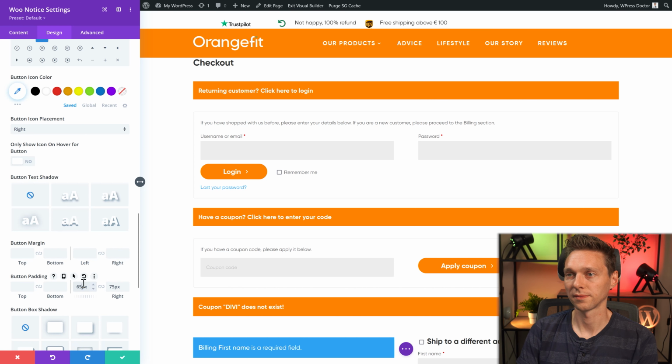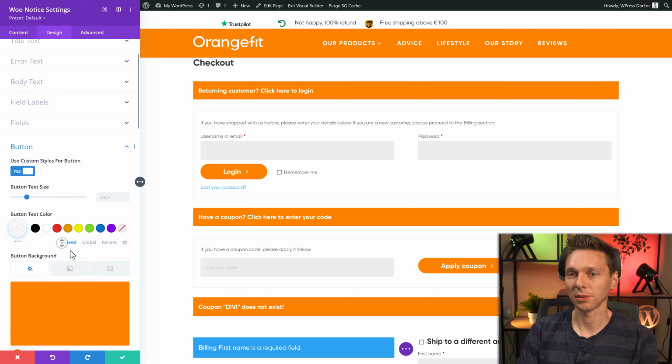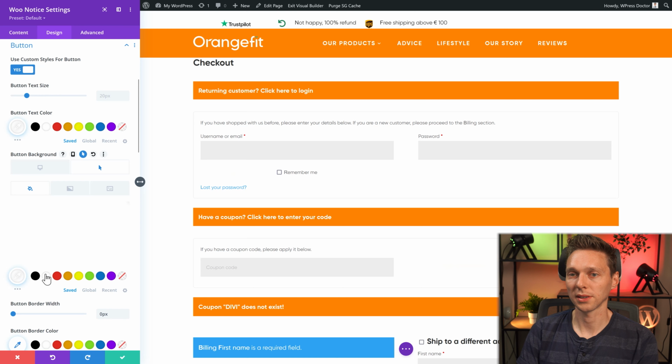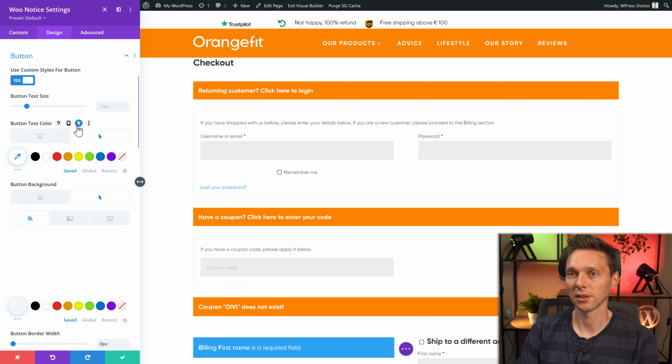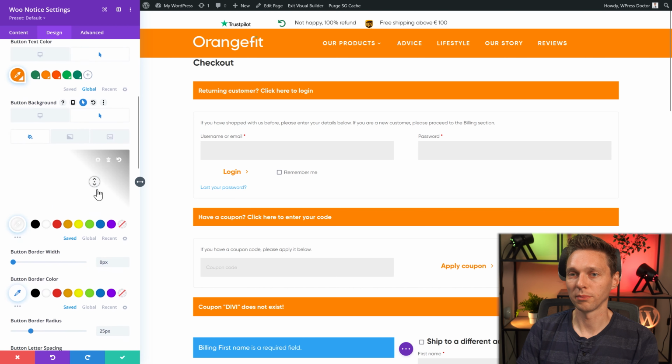Then we're gonna change the padding, 75 over there and 65 over here. And let's change something with the hover. So when you hover over this one, I want the background color to be white, and the button text color on hover should actually be our orange. And also I want a border.